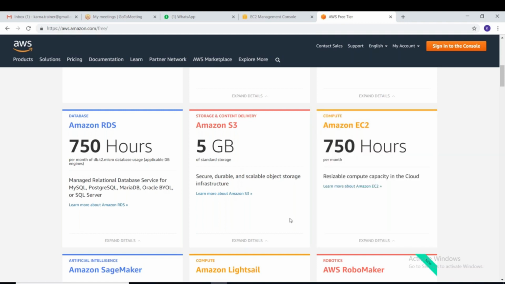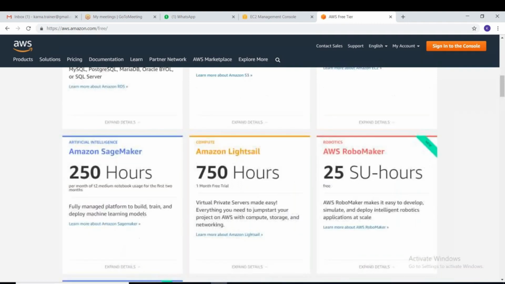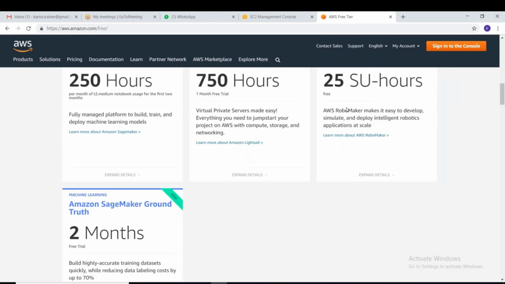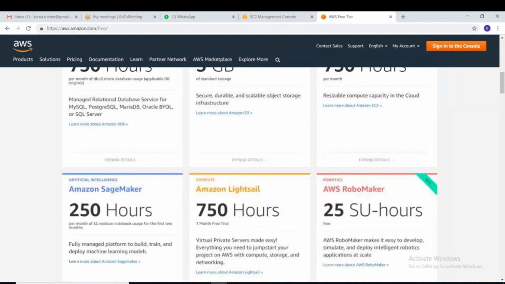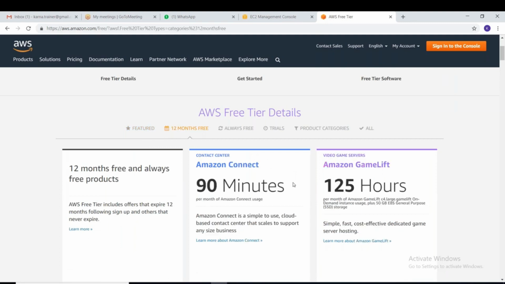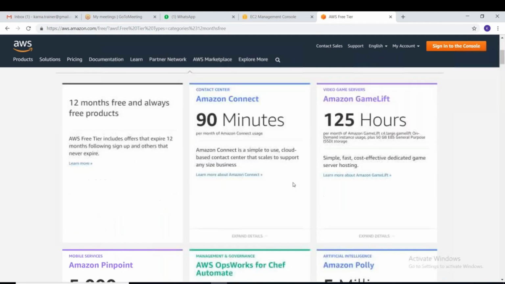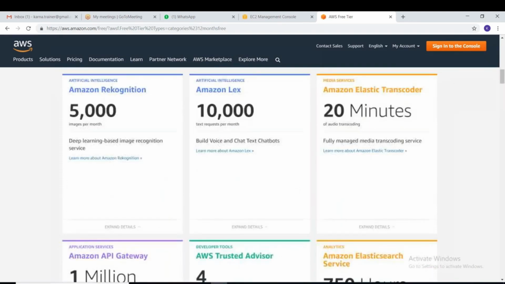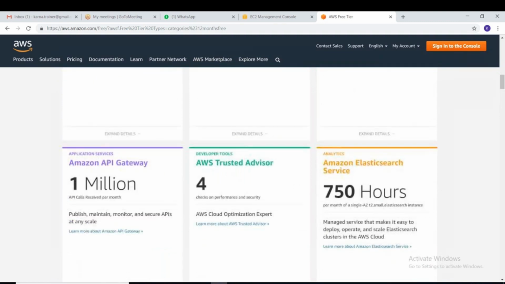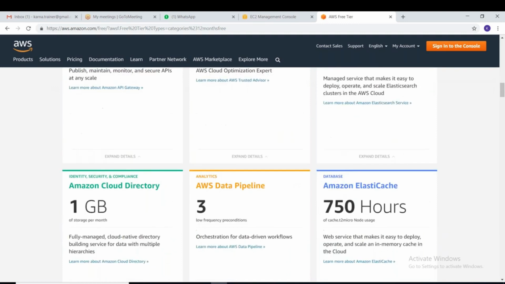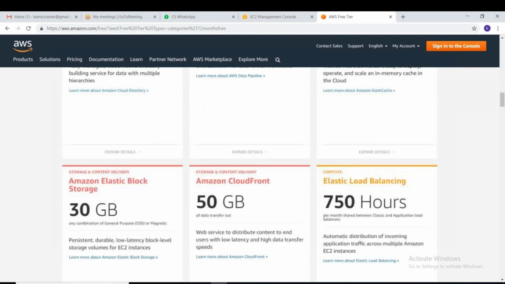If you can see here, we do not have Amazon EMR under free trial. Here we have 12 months free: Amazon Connect, Amazon GameLift, Amazon Pinpoint, and likewise we have certain services, but we do not have EMR under the free tier, guys.